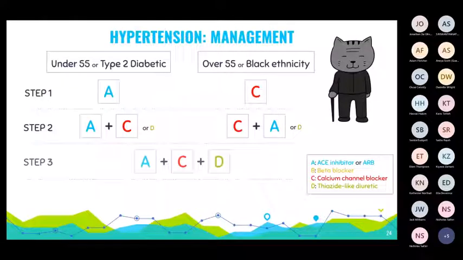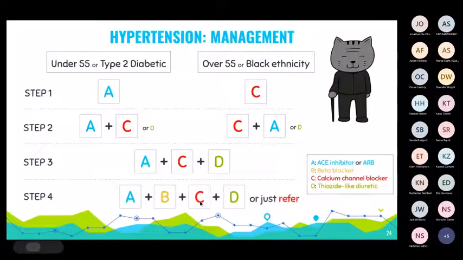Step 3, if both the two of them aren't working out, add a diuretic, so you're on 3 drugs. And if that's not working out, add the beta blocker, or